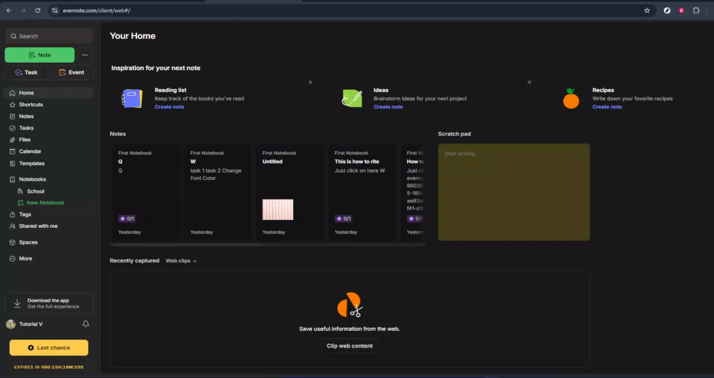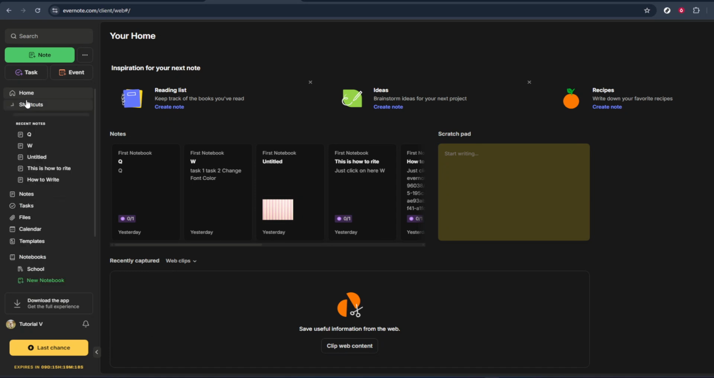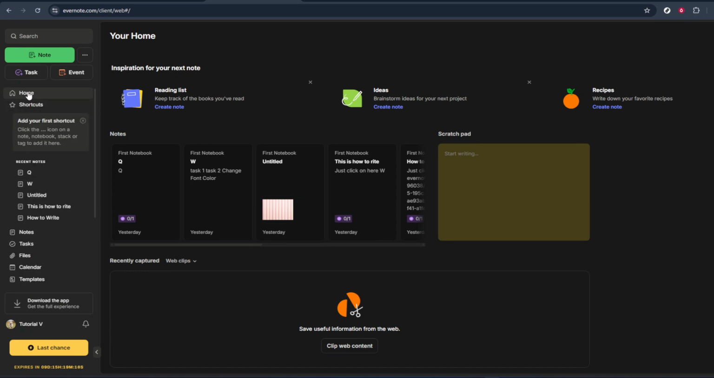In today's video, I'm going to teach you how to remove a notebook from a stack in Evernote. This is useful if you're reorganizing your workspace, breaking a big stack into smaller groups, or simply want a notebook to stand on its own again. I'll walk you through the process step by step in the Evernote web app, and you can follow along on